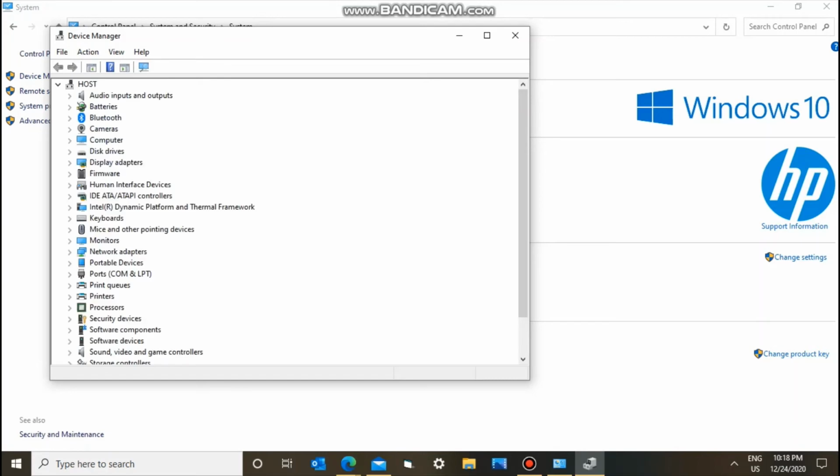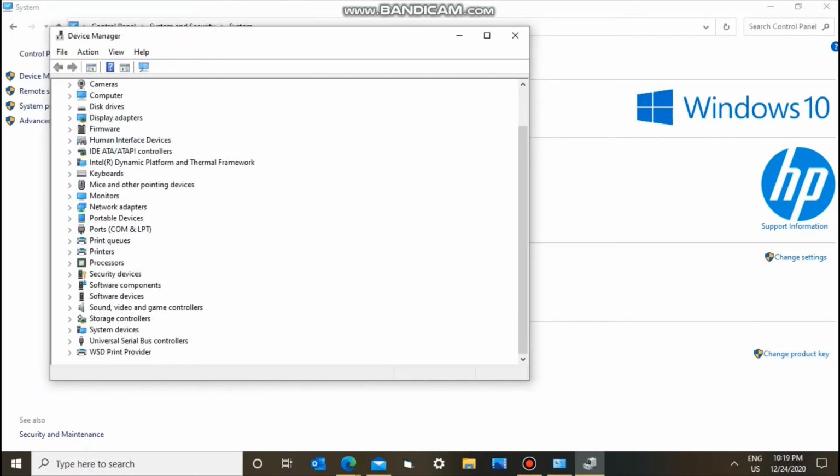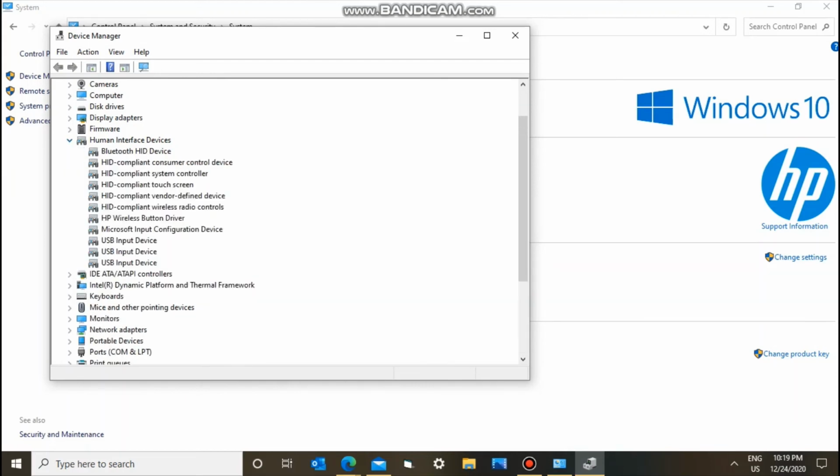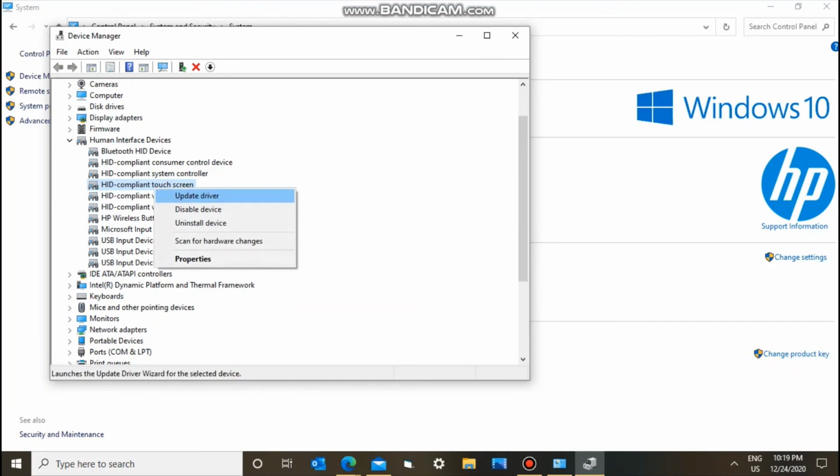Device Manager, and down here you can see the list of the hardware, and we go to Human Interface Devices, and down there is the touch screen, right? So we go to disable,